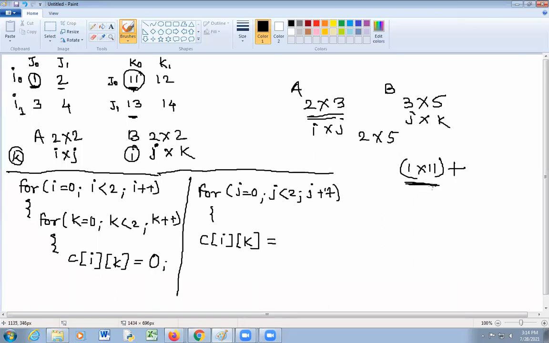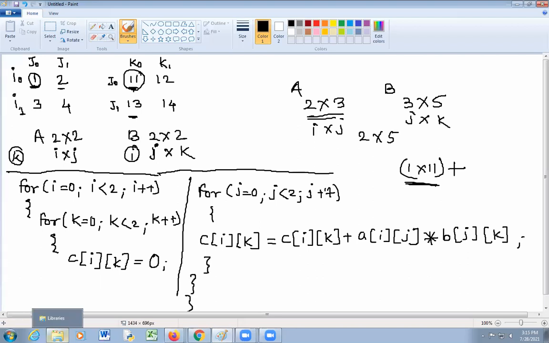1 इंटू 11 आलेलं कुठंतरी मला स्टोअर करावं लागणार आहे आधी. बरोबर आहे. तरच मी पुढचं मल्टिप्लिकेशन घेऊ शकतोय. मग हे आलेलं स्टोअर करण्यासाठी इथं सी ऑफ आय के मांडलं परत एकदा. प्लस आता मी मल्टिप्लिकेशन घेणार आहे ए ऑफ आय जे इंटू बी ऑफ जे के. आणि हे ब्रॅकेट्स सगळे कंप्लीट. ओके. एवढी लाईन मांडलेली समजली का? सी ऑफ आय के इज इक्वल टू सी ऑफ आय के प्लस ए ऑफ आय जे इंटू बी ऑफ जे के. सगळं मल्टिप्लिकेशन एवढ्या ह्याच्यावर आहे चालू सध्या.